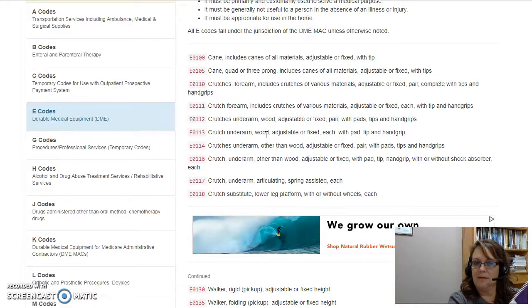And when I went to actually bill these out, I pulled my HCPCS book to bill out my crutches and find the code. And when I got here, I thought, okay, I need to talk to somebody. If you can see,